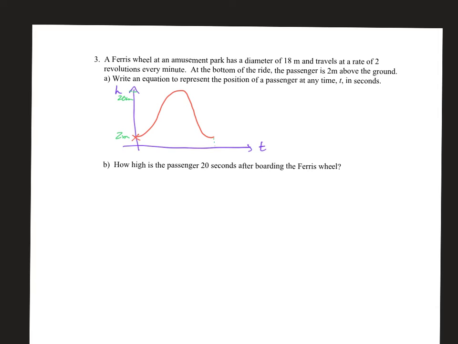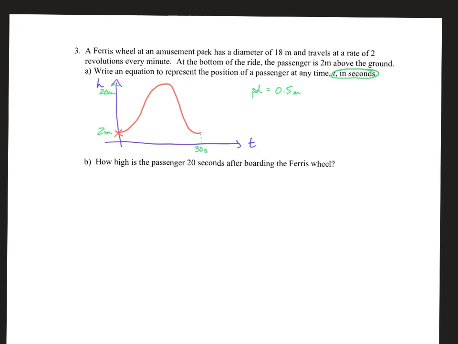And you have your period. It says it does 2 revolutions every minute. My guess is, for most of us then, we turn that into 30 seconds. Be very careful. We don't want to label our period as 0.5. Not because there's anything wrong with that, but in the question, it told us that t is defined in seconds. So I want to write my period in seconds as opposed to saying 0.5 minutes. Okay, now that we have those properties, we should be good,